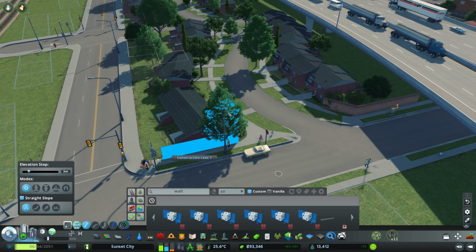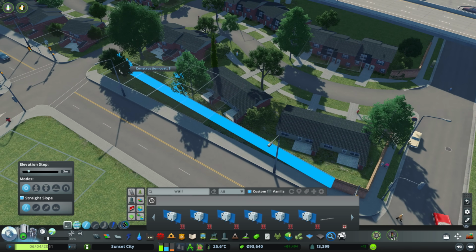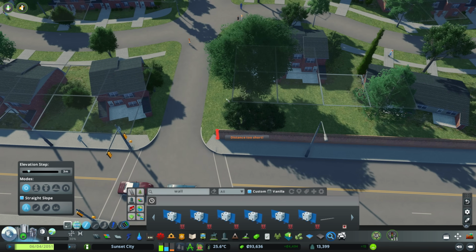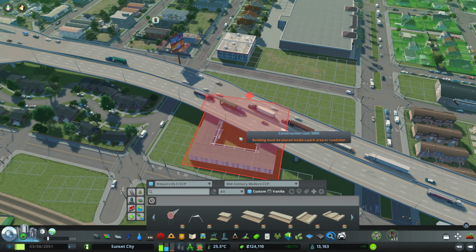Dragging out a wall as well. These developments are usually all walled in, and this is a great way to add just a little bit of detail without actually having to really add in too much detail. But you know what, speaking of detail, we're going to start detailing something up,